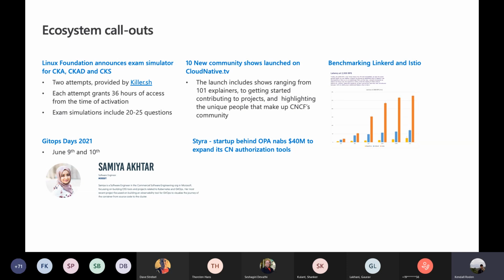Another is Cloud Native TV, or cloudnative.tv, which is being managed by the CNCF, and they essentially are going to be doing 10 weekly shows all within the cloud native space. So if you really like staying up to date, getting these updates that we do on these calls, or just talking through kind of 101 on some of these projects, they're going to be sharing all of that on an